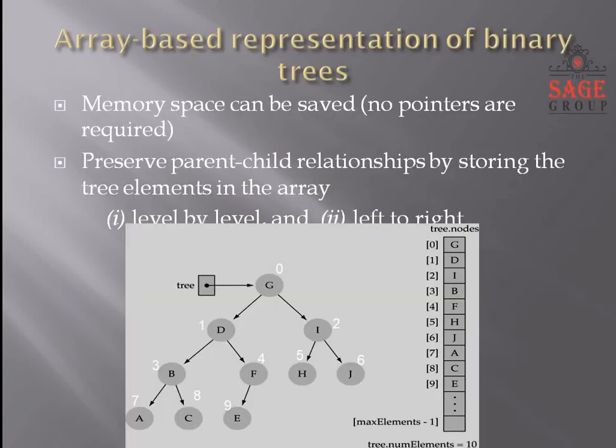So children, these are all examples of complete binary trees, and you will see that if I am talking about a complete or a full binary tree, then the array representation becomes very easy. You don't require any pointers. You are going to store it in an ordered array. We start from the root, and level by level, left to right, we store the nodes. So as you can see in the array, we have G, D, I, B, F, H, J. So you can see that all your nodes are stored in this array.